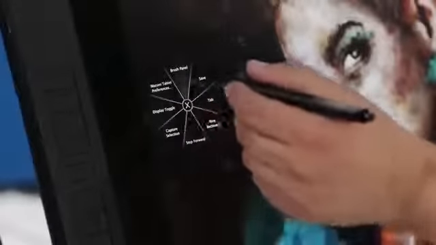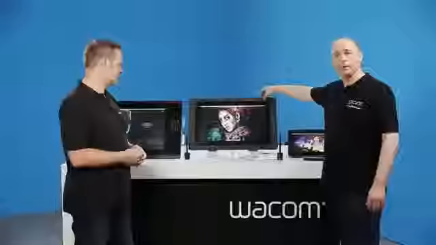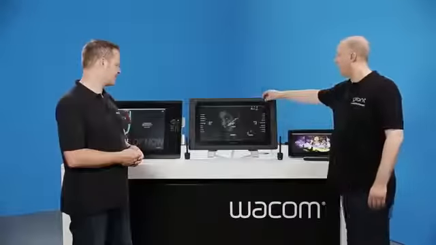Creative people do use applications like Photoshop, Illustrator, Sketchbook Pro or Painter, and all of these applications are using keyboard shortcuts to get fast access to menu commands and functions. Each of the three devices have a series of buttons which appear around all of the devices we have here. I'm going to push one button at the top to load in all the default settings which are currently in